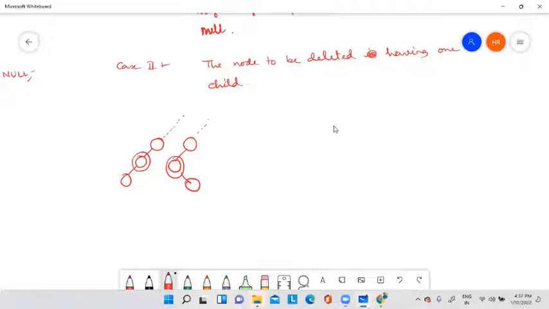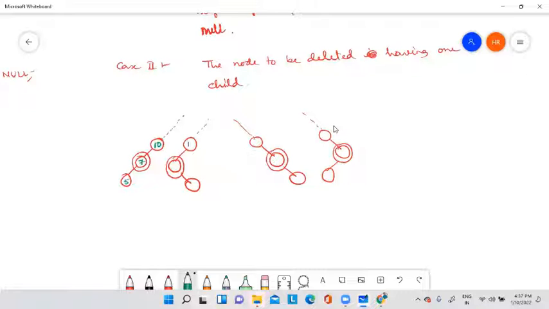This is another picture. This is another picture. This is another picture. This double circle is the node to be deleted. Suppose you can assume any value. Suppose the values is, this one is say 10, this one 7, this one 5.